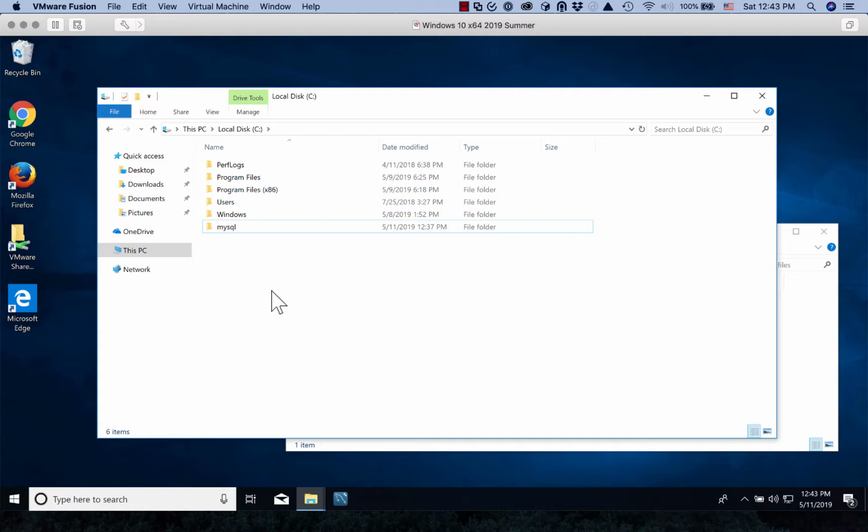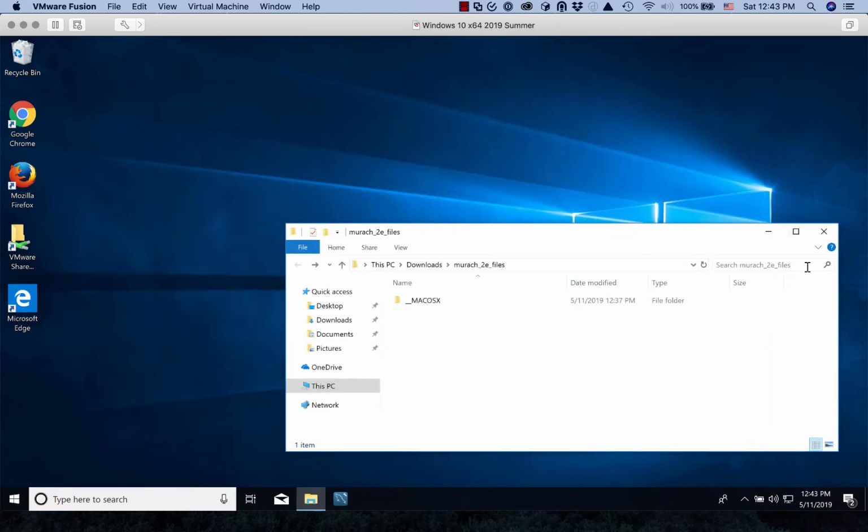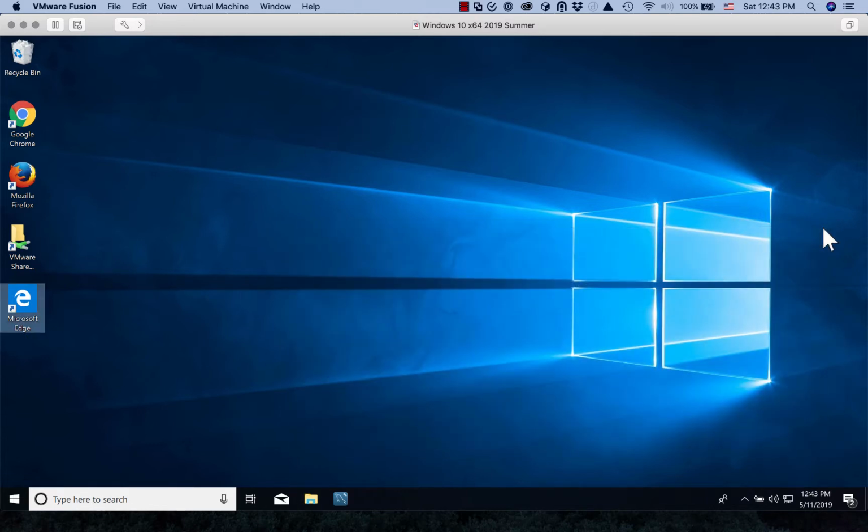Okay, so we've downloaded the files. We've done all that. Now what we're going to want to do is install the databases that are associated with the text. So how do we do that? Well, we're going to want to open up MySQL Workbench, and hopefully during the last tutorial you created a shortcut for it down on your